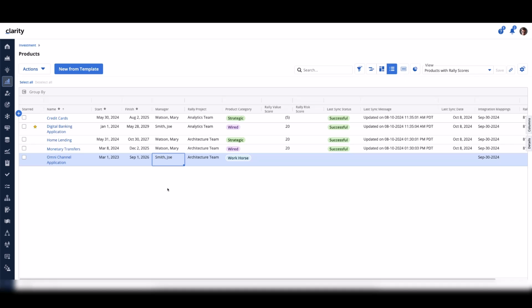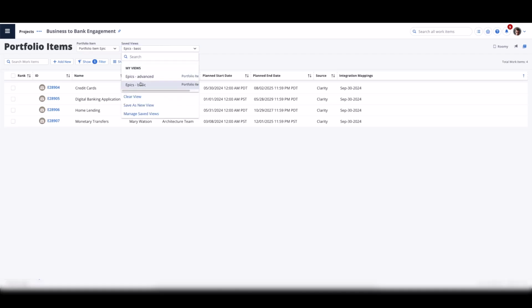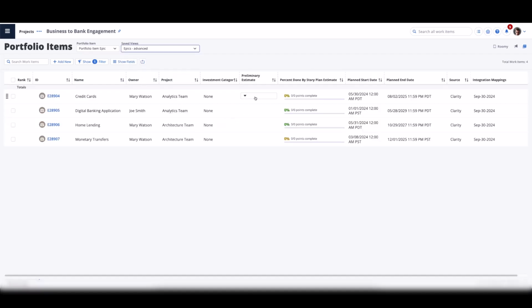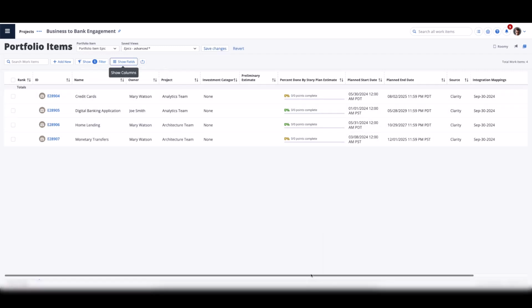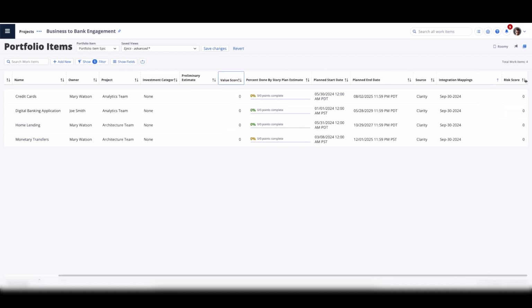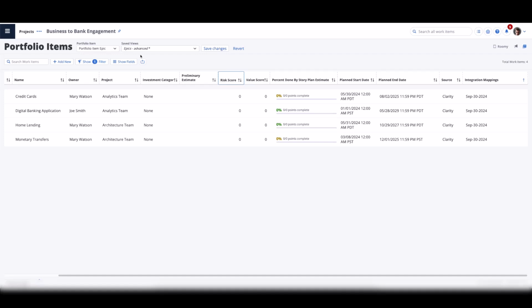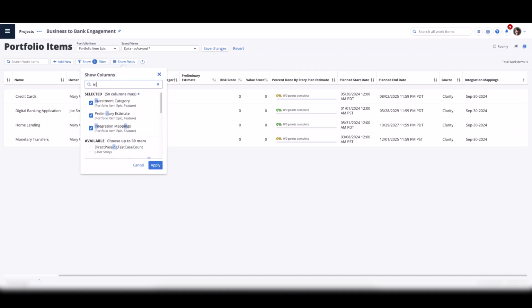Okay. So the next thing we want to do is I'm going to switch over to Rally. I'll select a different view here as well, and I'm going to introduce those additional fields here for risk. It didn't come in. That's strange. I'll just do that right now. I'll do value score, and risk score. There we go. And I'll bring those over to center to show them here. And I'm also going to do a couple more things here. Estimate category and estimate.